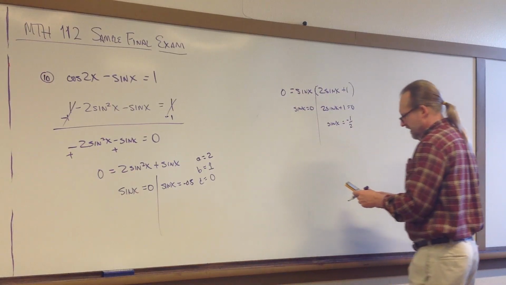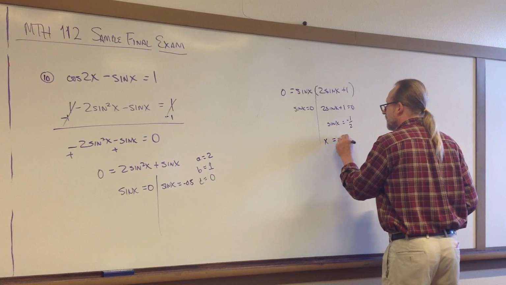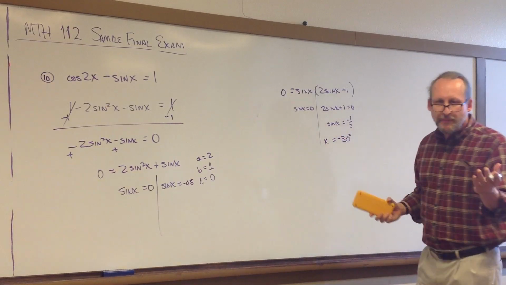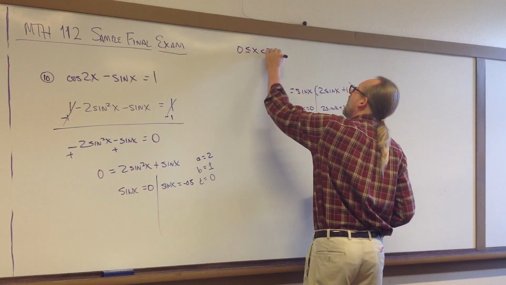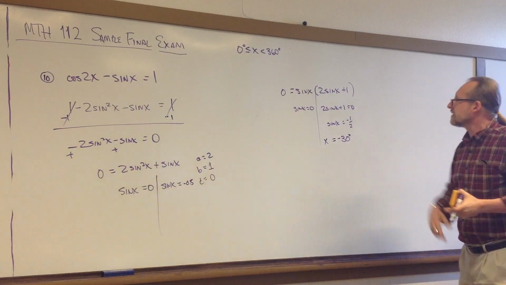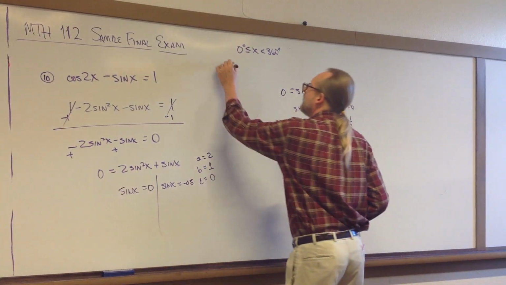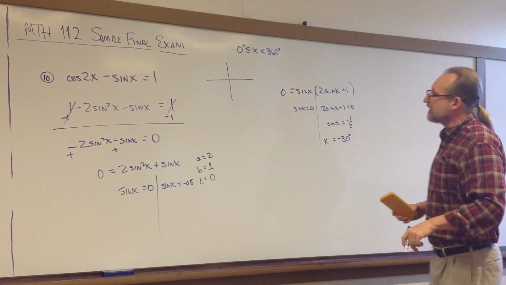And that's going to be negative 30. X is negative 30 degrees. But remember, we're looking for solutions between 0 and 360. This is not between 0 and 360. Okay? So we've got to find angles that are between 0 and 360 that also have a sine of negative